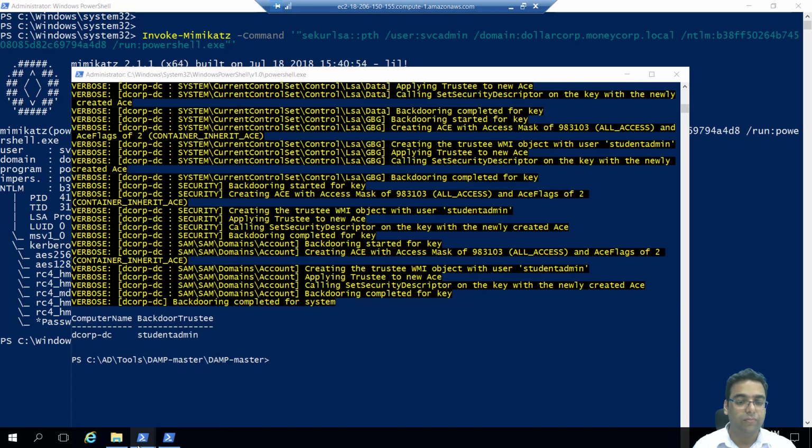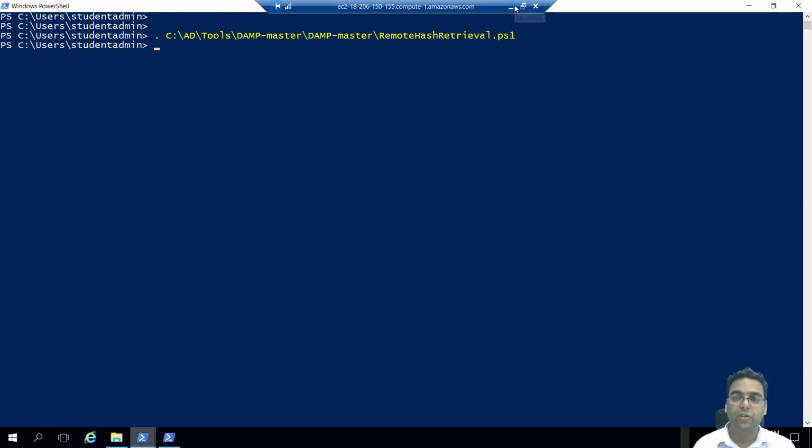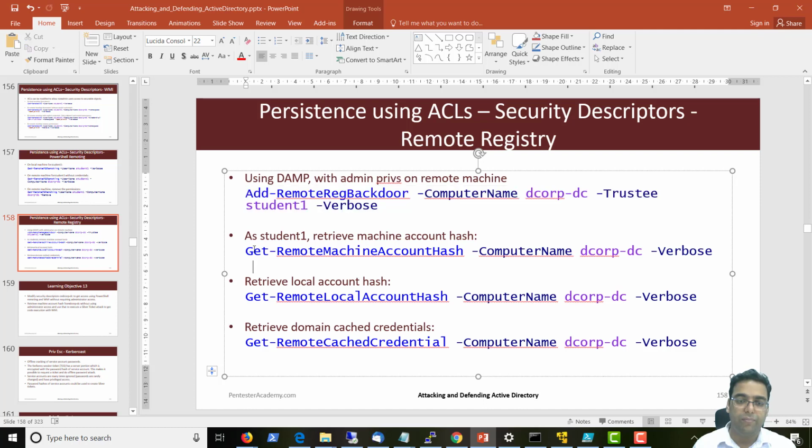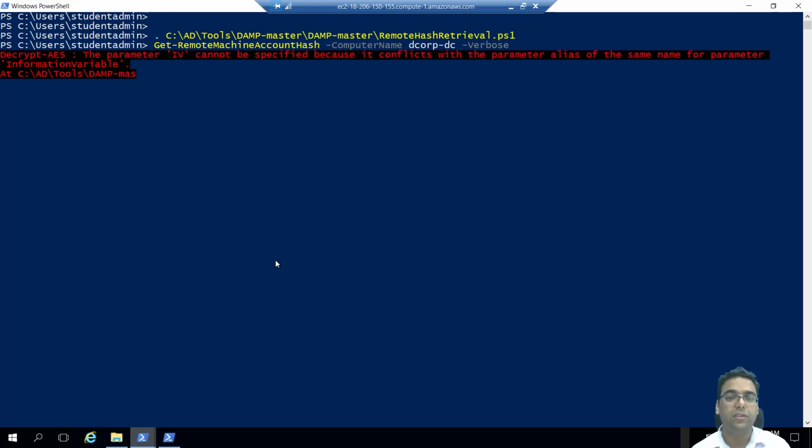Now, if we go to a normal session and run this, Get-RemoteHashRetrieval. Now what we can do without having domain admin privileges is extract interesting pieces of information, like Get-RemoteMachineAccountHash. If I run this one here, now what we get